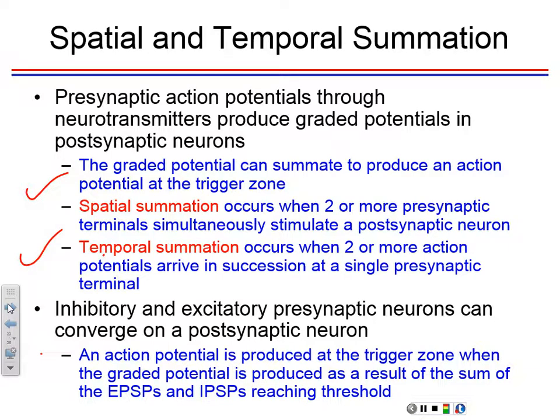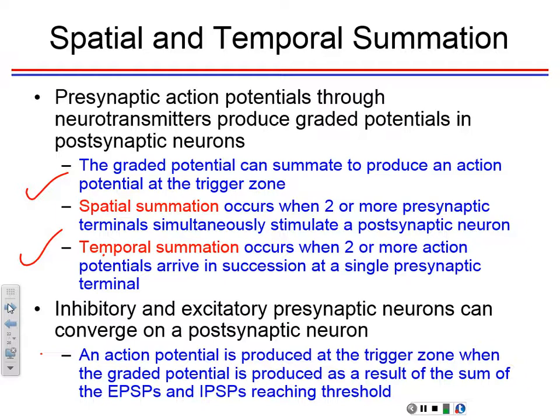Or it could diverge, right? Because it's got many terminals. One could diverge onto many. You see what I'm saying? One can control many. Or many can control one, converging, or a few. You see what I'm saying? That's how these action potentials are arranged, so that you have several neurons doing something, and I'll show you the actual situation that happens in your body. It's not just one neuron firing and then something happens. It's several of them firing and modulating the events.